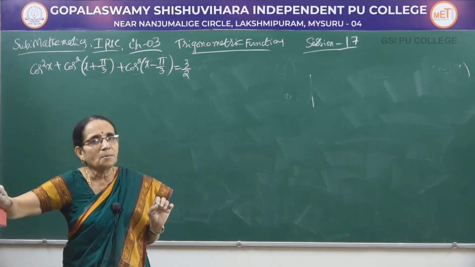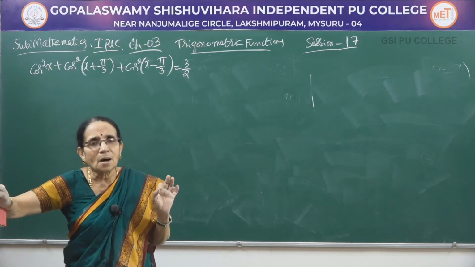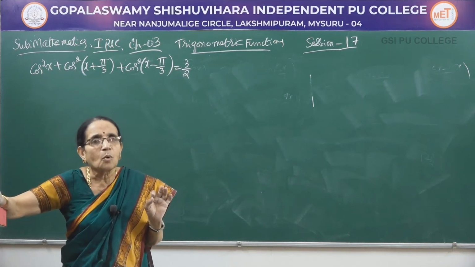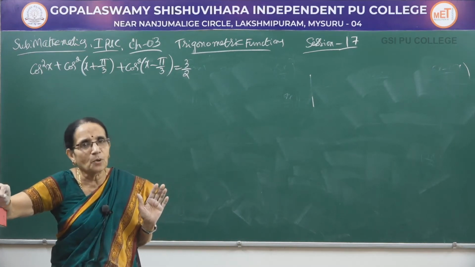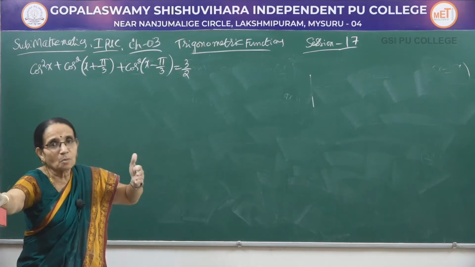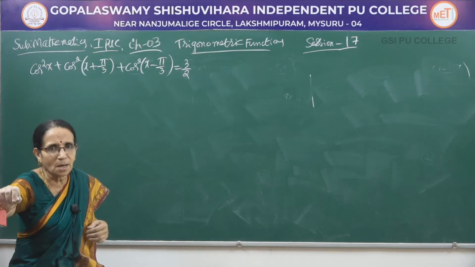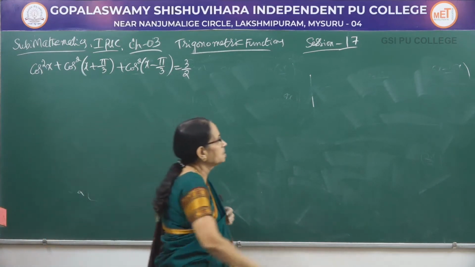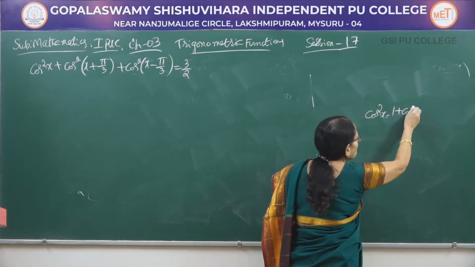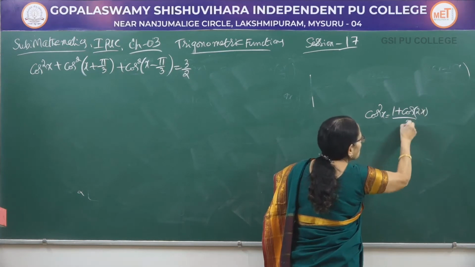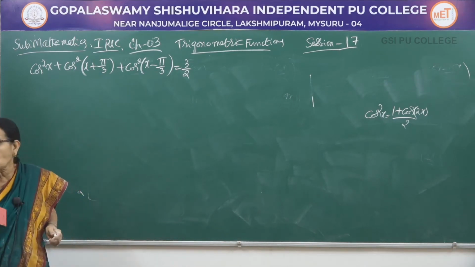So, here again I am just recalling the formula. Cos square x can be written as (1 plus cos 2x) by 2, that is, I am converting the square term into the multiple angle formula, because in one of the earlier problems I told you, if you have a square term, you cannot apply the transformation formula directly. So, what is the formula I need here? I can write cos square x as (1 plus cos of 2x) divided by 2. These are important multiple angle formulas, you have to remember them always.